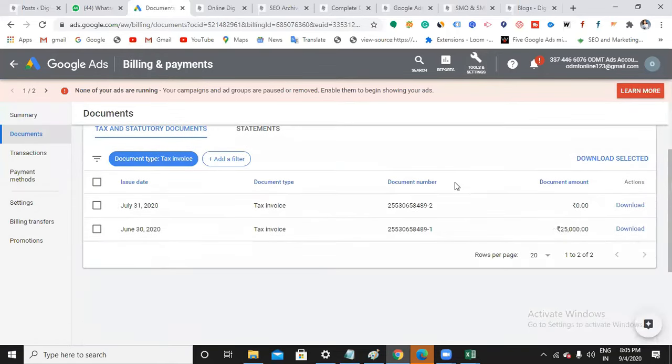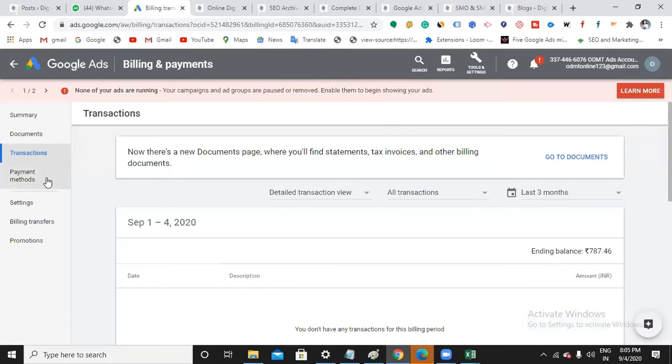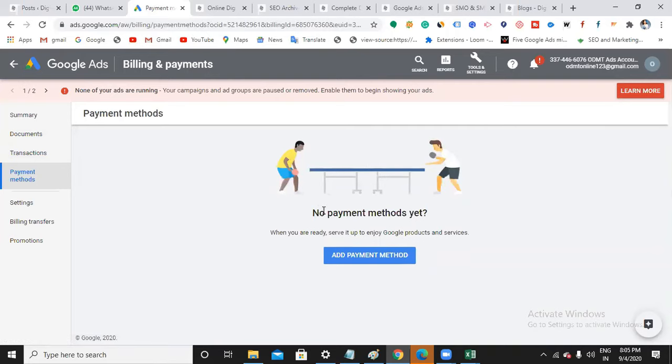So let's say your client was asking you how much money was transacted and how much money has remained, you can just download this invoice and show it to him. Okay, and then transactions, how many transactions have happened, and payment method. That means you can choose credit card, debit card, Google Pay, PhonePe. So what is your payment method? You can just add a payment method and all.